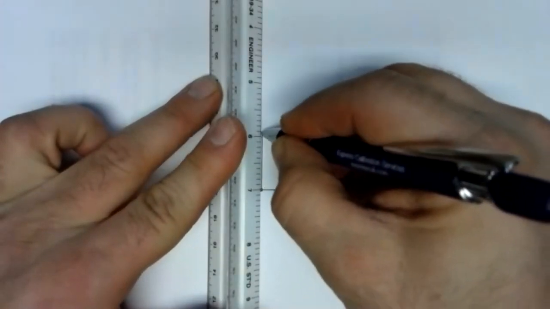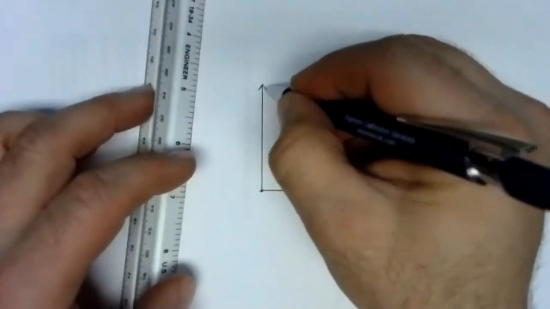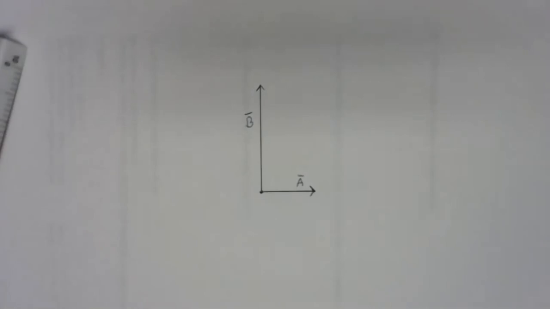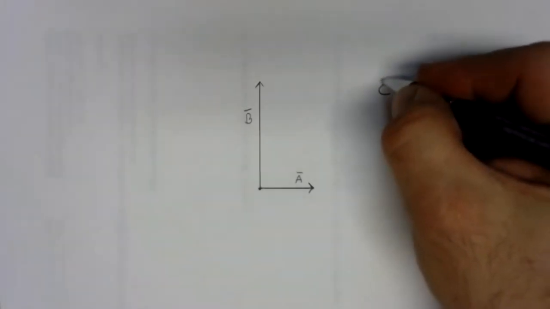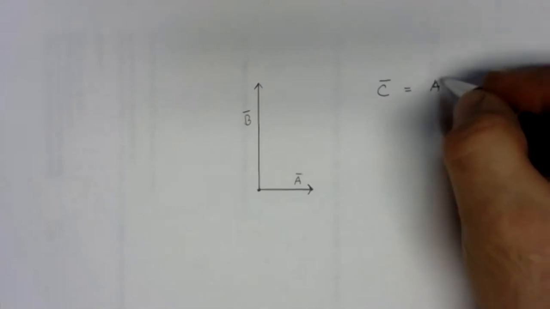And then I'm going to have vector B, 2 inches long. So those are my two vectors, and that's how they've been drawn out in what's been given to me. I want to add these. I want vector C, which is vector A